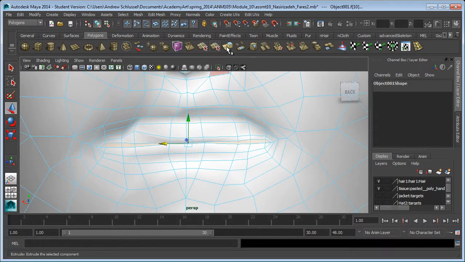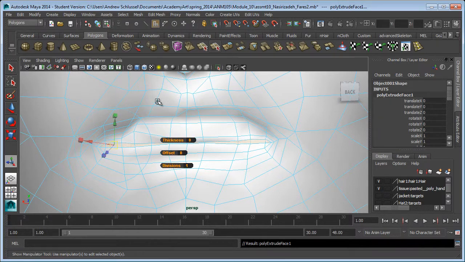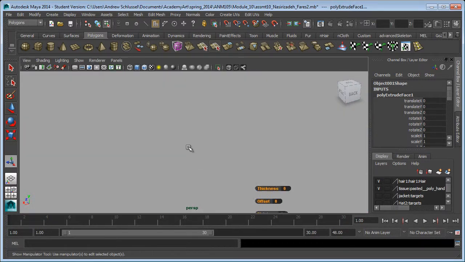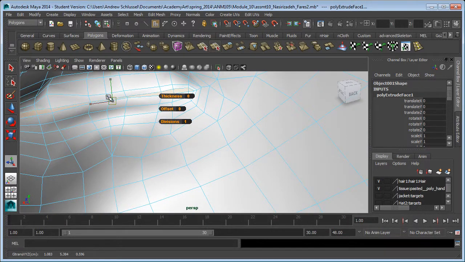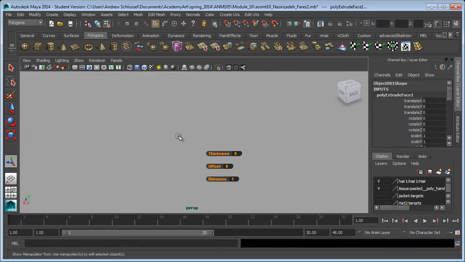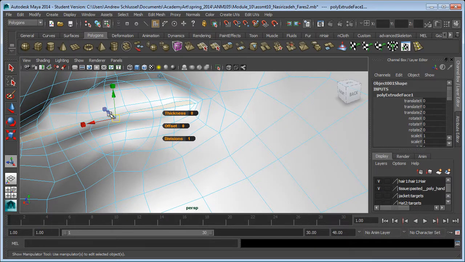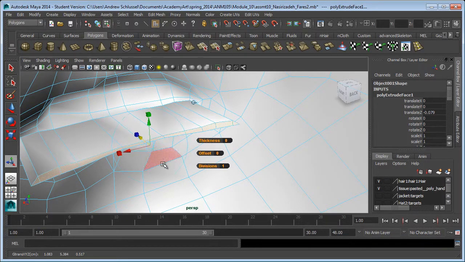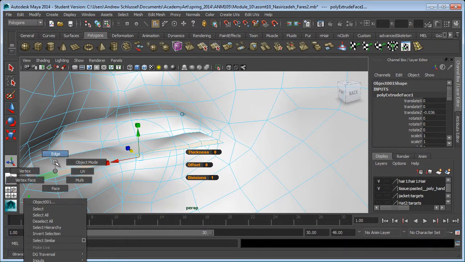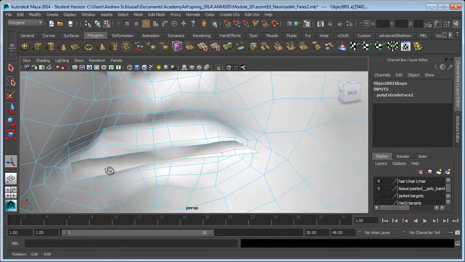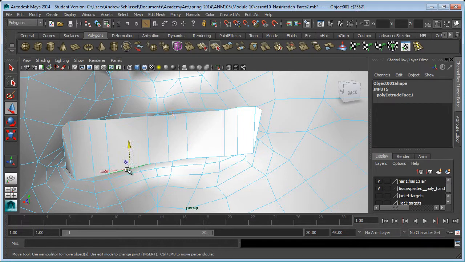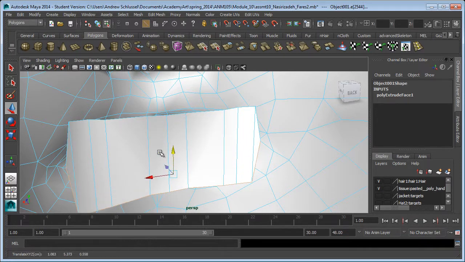I'm going to hit extrude face and then click on this little channel changer thing here to go to global axes and grab the Z translate here, move this back. There we go. And then I need to spread it out some, so I'll right mouse click edge, grab this top row of edges, W for move tool, move it up, double click on the bottom edge, move it down,